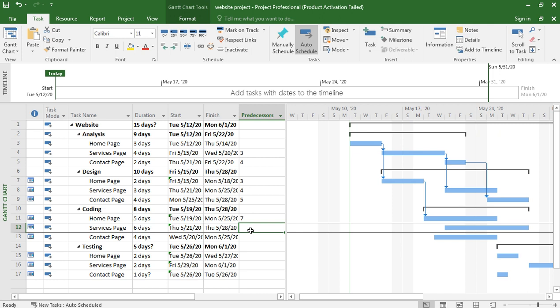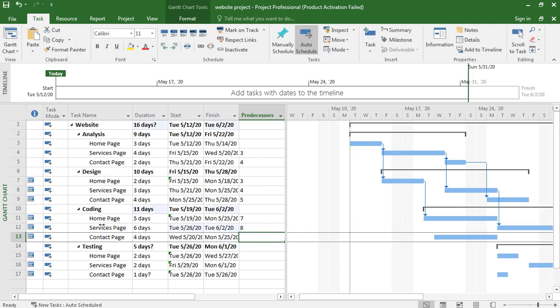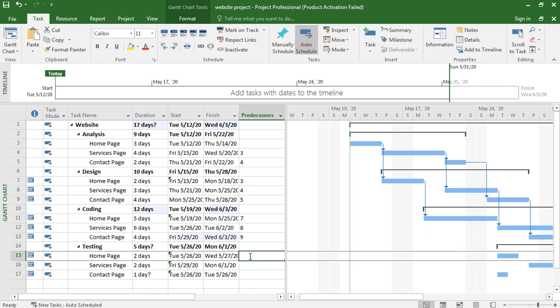Okay, so analysis ends, then design starts, right? Now if we go here, when design of home page ends, its predecessor is 7, then we code the home page. When design of services page ends, then we code the services page, and it is 8.